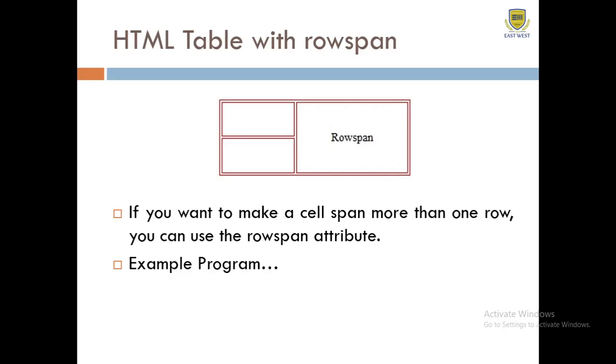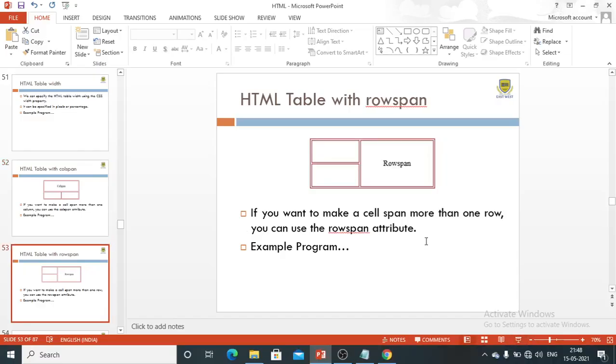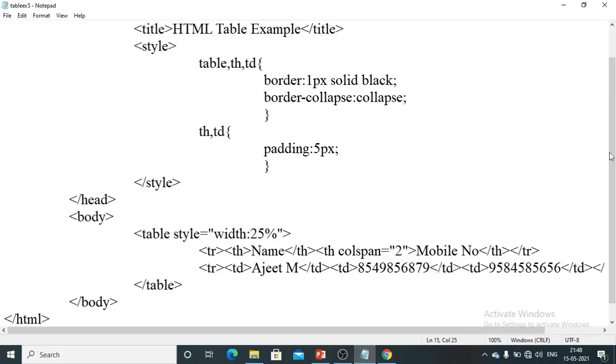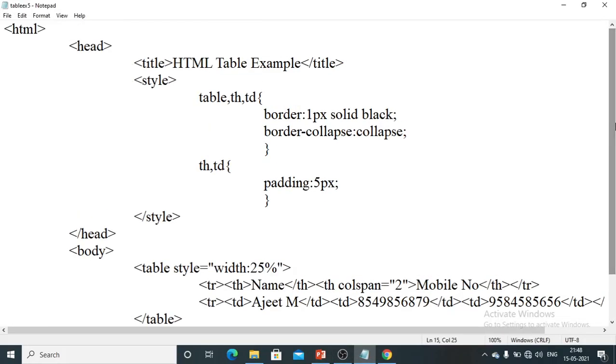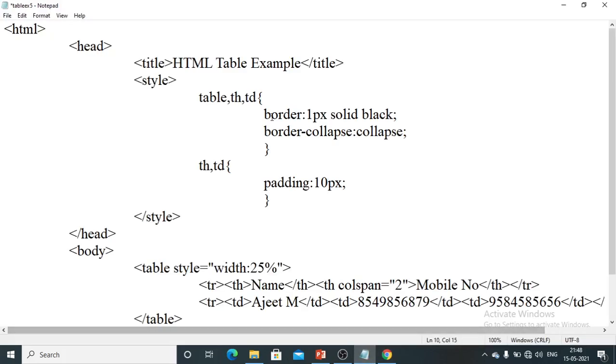Let us see a simple program for the same option, that is Ajit, which we created previously. Styling I will leave the same, but padding let me give as 10, because it was looking a little odd, the space was less. Or better, we will go for 15.